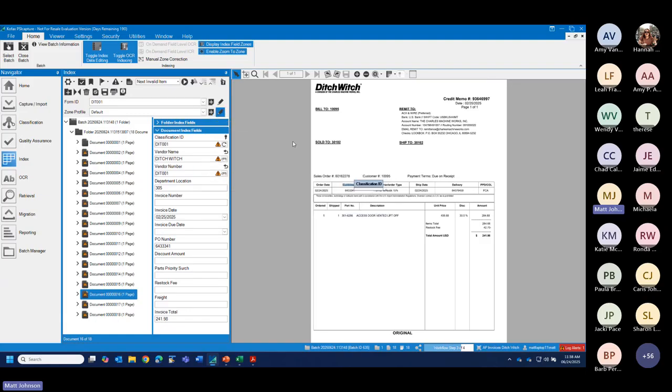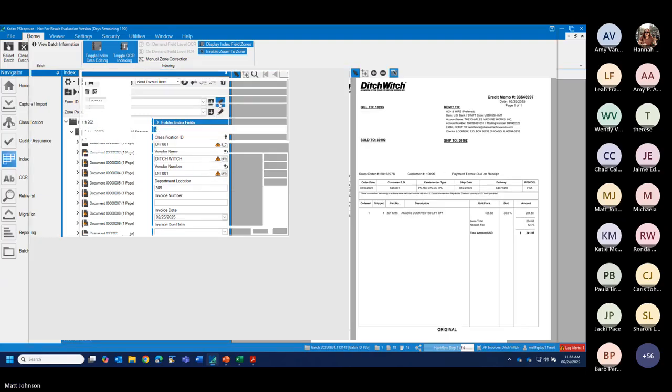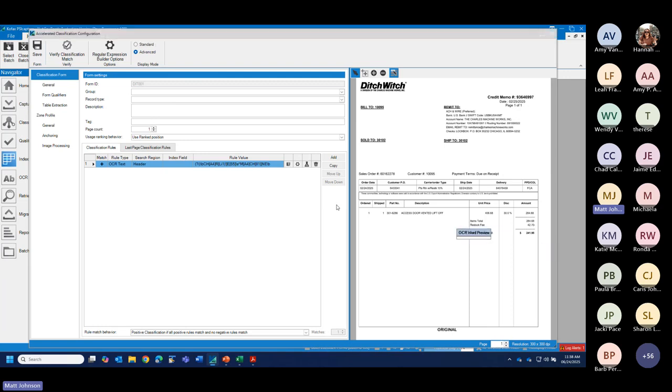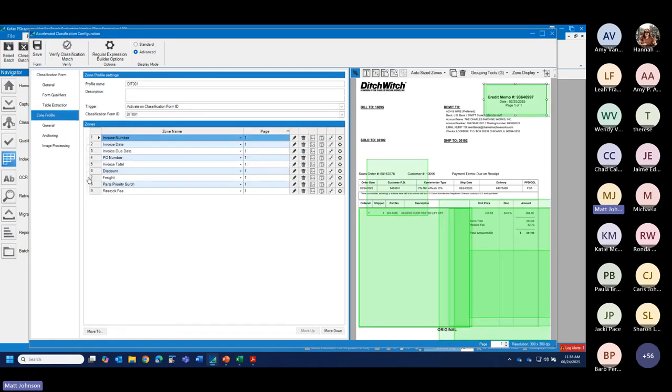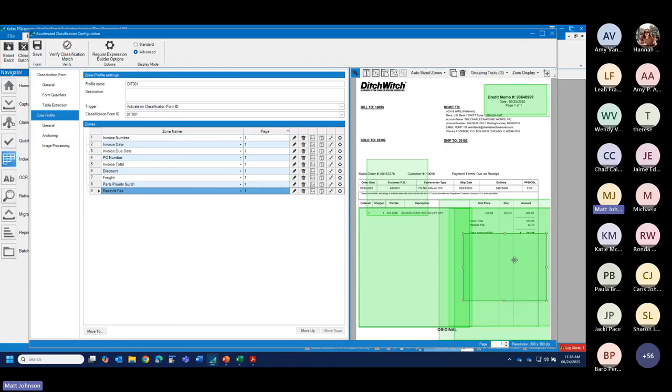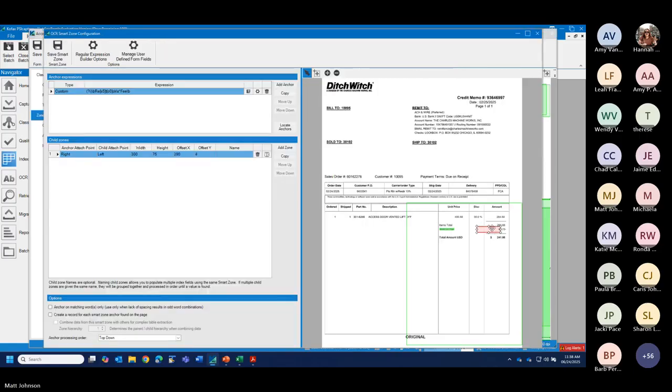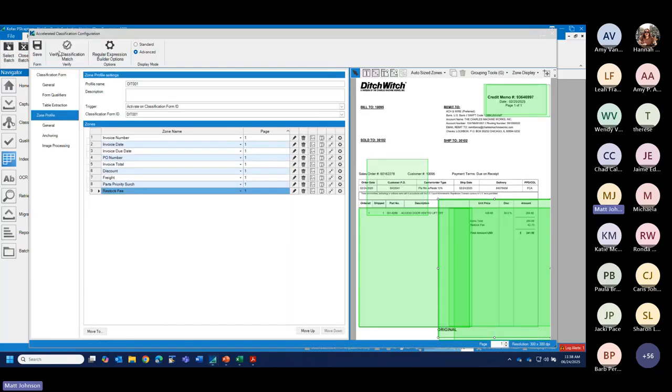All right, so let me hit the edit pencil at the top. Again, it brought in our new form, which is awesome. So we'll go to our zone profile, click restock fee, and set that up. And we'll grab that field there. So I'm going to hit save there,